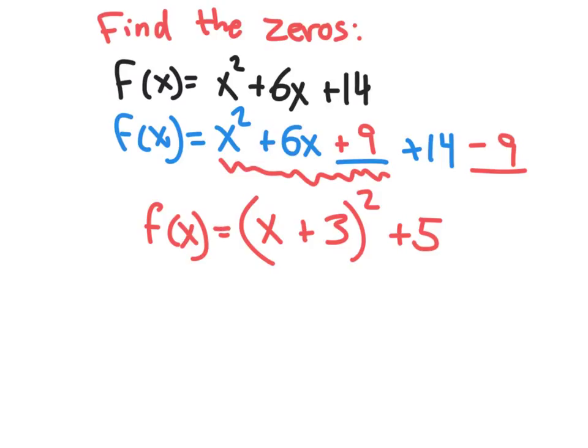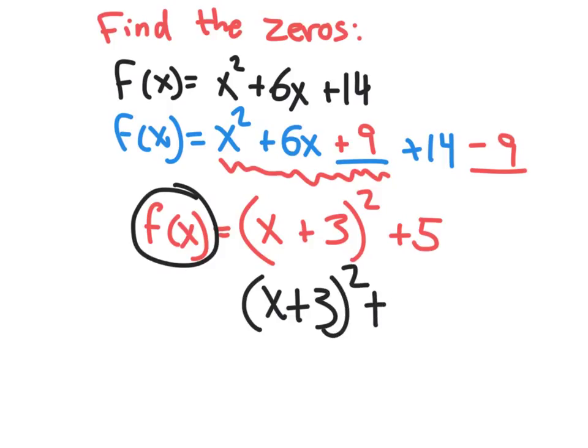So what could we do now? Let's find the x-intercepts algebraically by setting y, which is this one, equal to 0, make that a big giant 0. So I'll have x plus 3 squared plus 5. But you know what? Instead of putting the equals 0 on this side, I want to put equals 0 on this side, okay? Just to be a little more comfortable. I like having the equals 0 on the right side. And now let me solve this thing. I'm going to subtract 5,